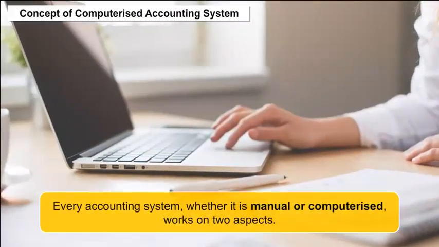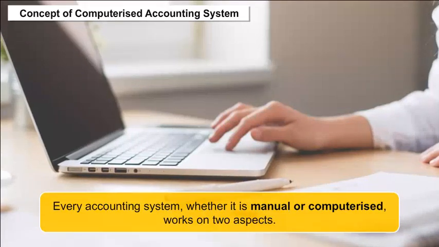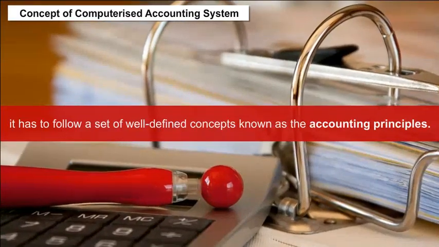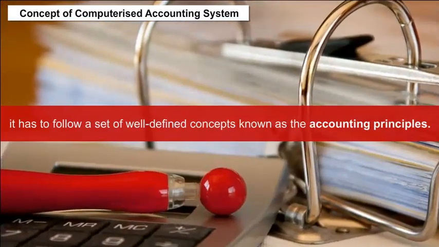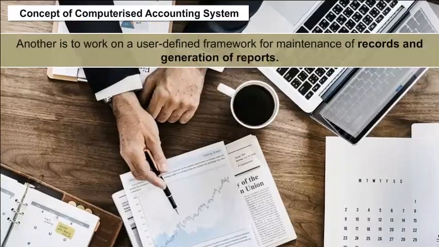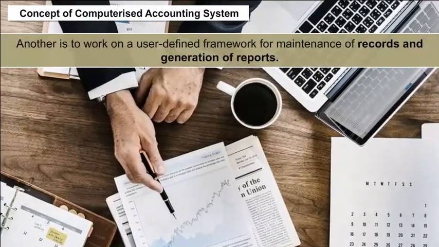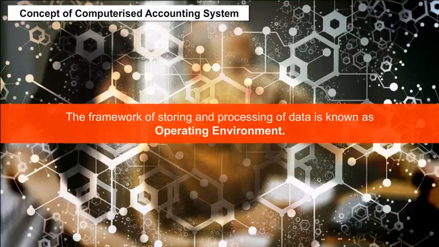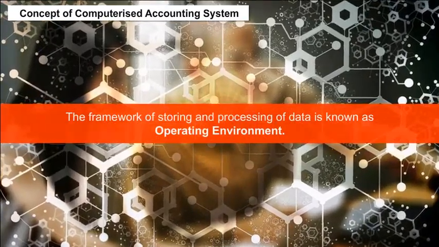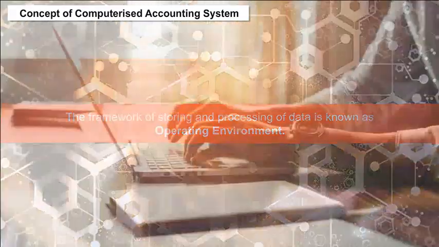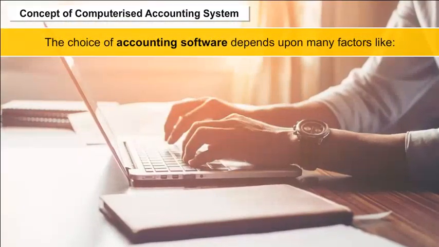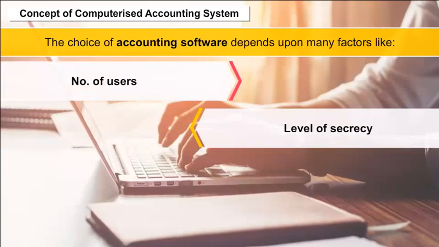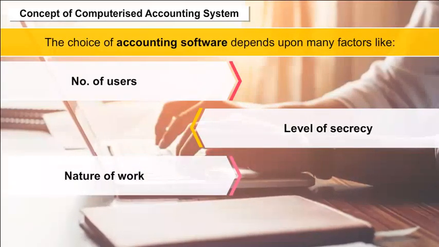Every accounting system, whether it is manual or computerized, works on two aspects. First, it has to follow a set of well-defined concepts known as the accounting principles. Another is to work on a user-defined framework for maintenance of records and generation of reports. The framework of storing and processing of data is known as operating environment. The choice of accounting software depends upon many factors like number of users, level of secrecy, nature of work, number